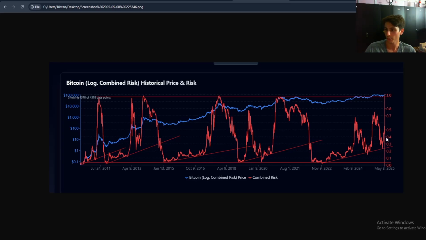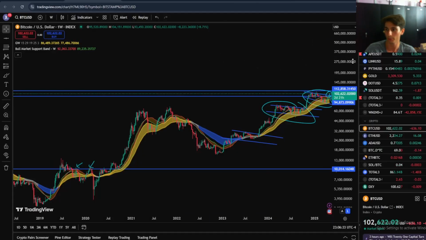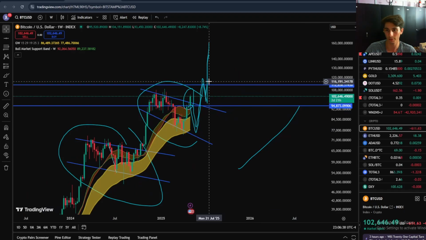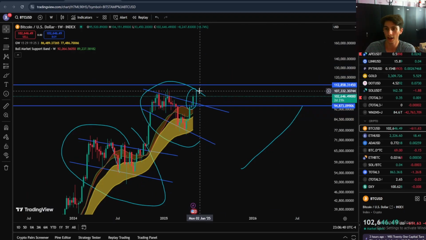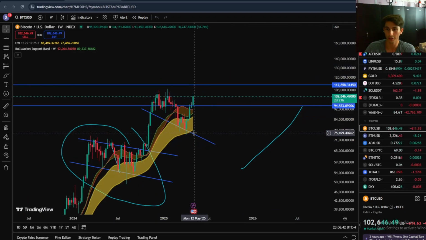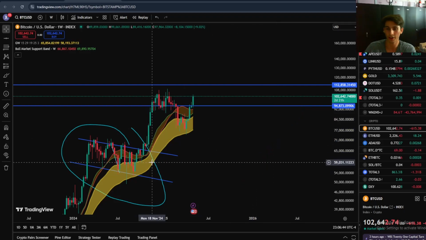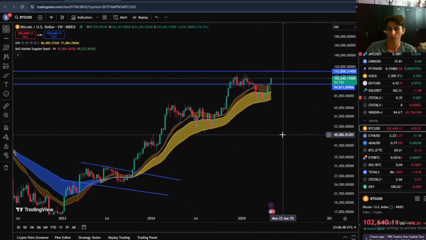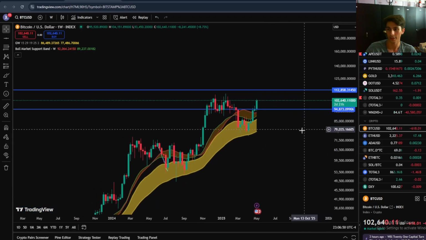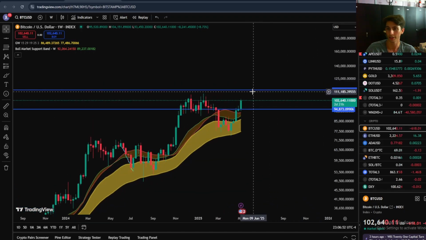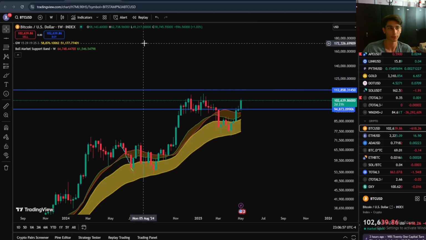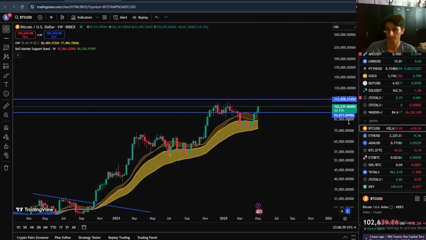I would say that if we can hold these risk levels, then we would probably get to above 110K this cycle. And some people think that we're going to top at 110K. I think that if monetary policy and the Fed can cut rates, and if inflation can come down and unemployment stays low, then we can essentially hit above this range here and go to maybe 120K, which is my base target right now.